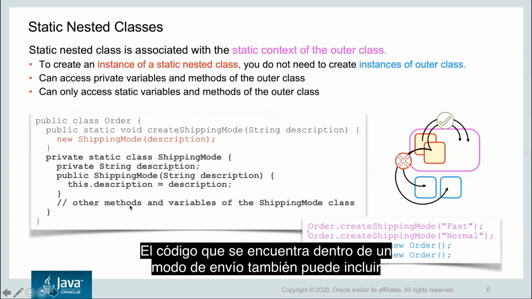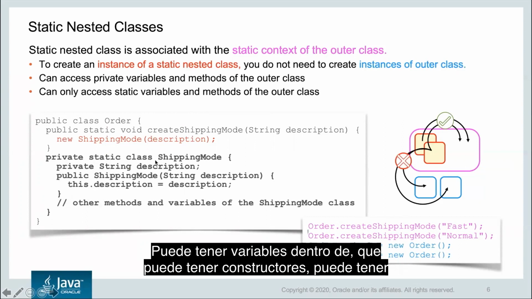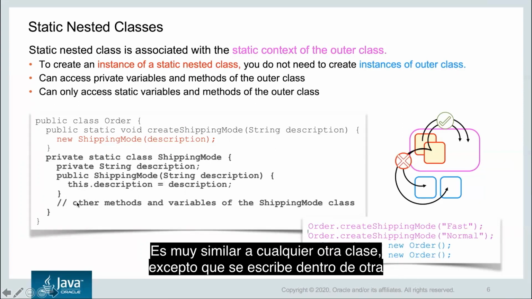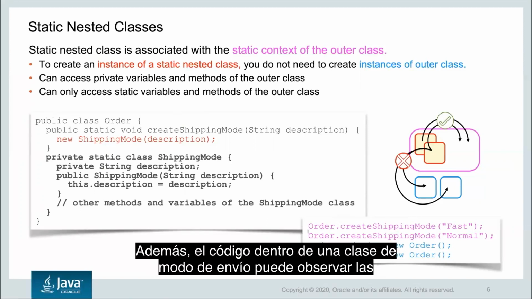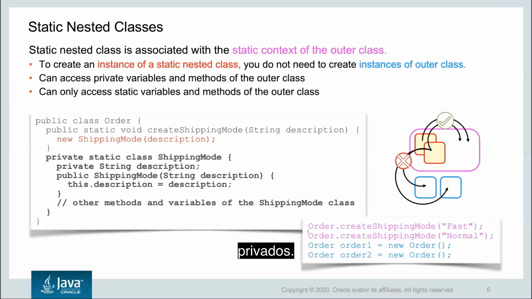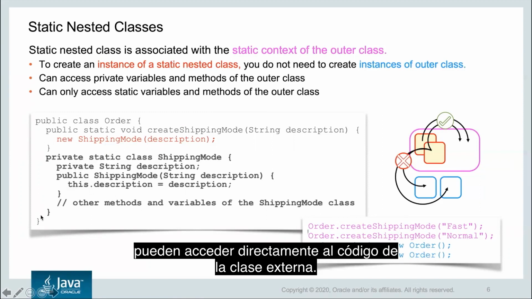What can the code inside a shipping mode have? Well, it's a normal class, as you can see. You can have variables inside, you can have constructors, you can have other methods. This is pretty much like any other class, except it's written inside another class. Also, the code inside a shipping mode class can actually observe outer class variables and call outer class methods, even if they're private. So static nested classes, or well, any nested classes actually, can access the code of the outer